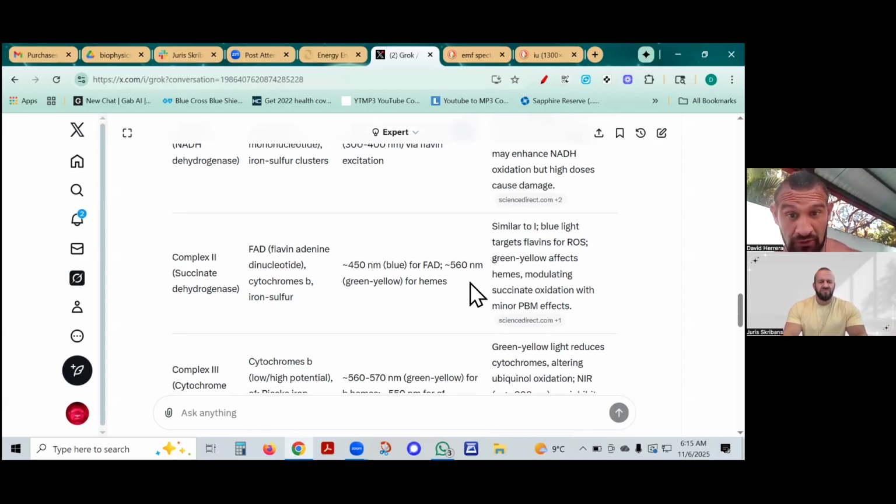Now, I don't know if people know this, but when you go buy LEDs, there's no green and yellow in them, right? There's only blue, covered with a specific film over it. That's how they make white light out of blue light. It basically fades it all out, and you get some green and yellow, but it's not very powerful. It's mainly blue. If you were to get a spectrometer, you would see a gigantic spike in blue, and the other colors are significantly less. If you look at my head, the spike goes to the top of my head, but the rest of the colors are down here at the bottom of my jaw. There's a big drop off.